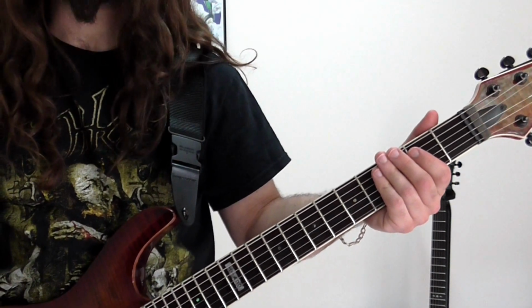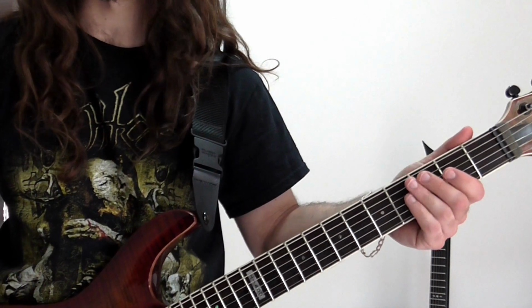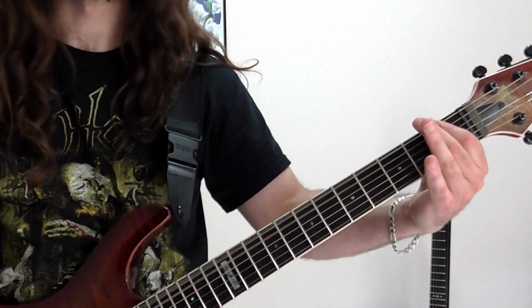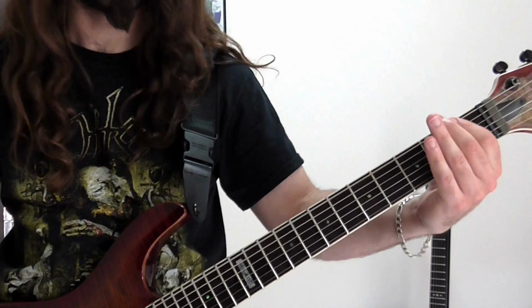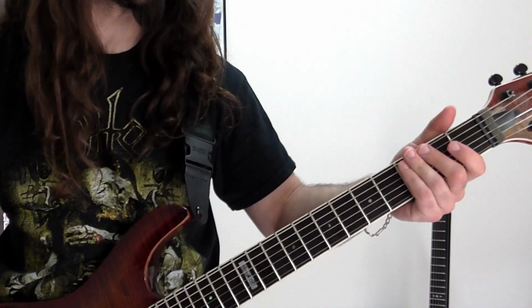We could do some Black Label Society stuff and tune the whole guitar to standard except the low E, which is down at B. Haven't played that in a long time, but